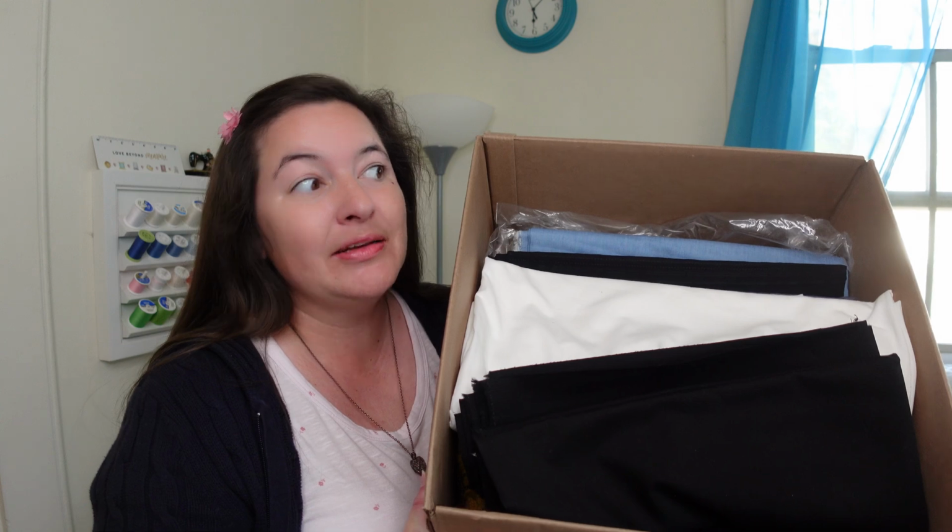This is what a 10-pound mystery fabric box from Mood looks like. And honestly, there were a few surprises, a couple of winners, and some I'll never touch again. Now, if you've ever wondered if this box is worth it, especially if you sew accessories or smaller projects, I've